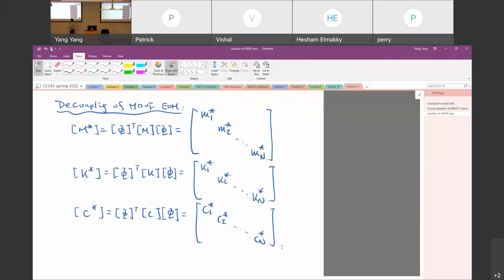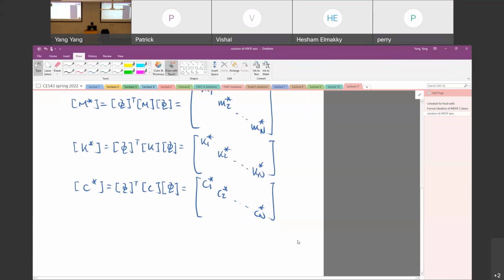By multiplying the transpose of the mode shape matrix, we can decouple the equations of motion into several decoupled equations. So by this one, we will have